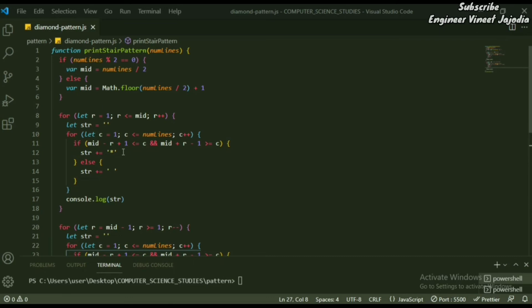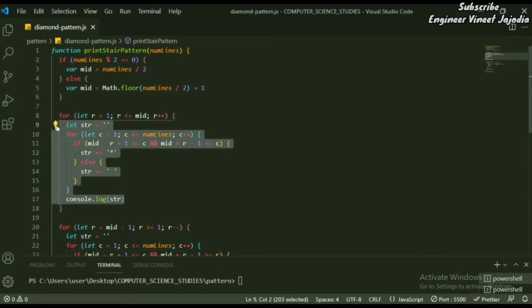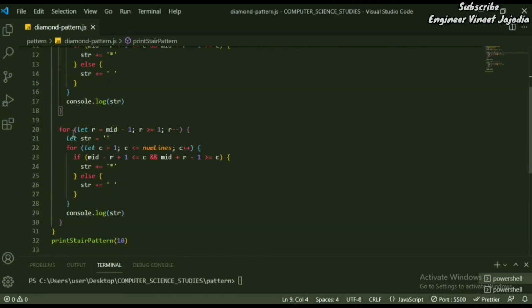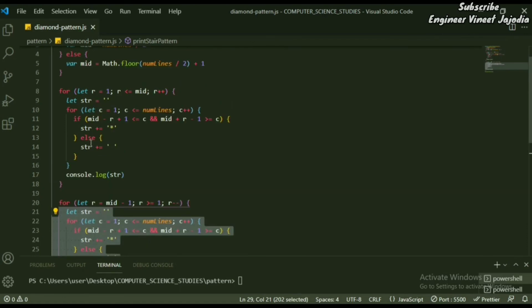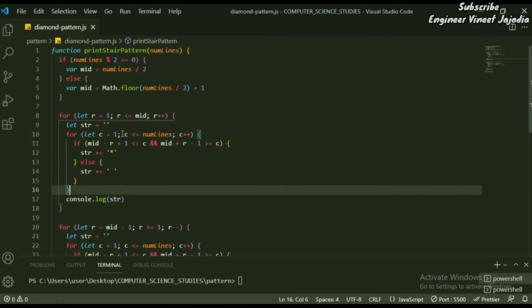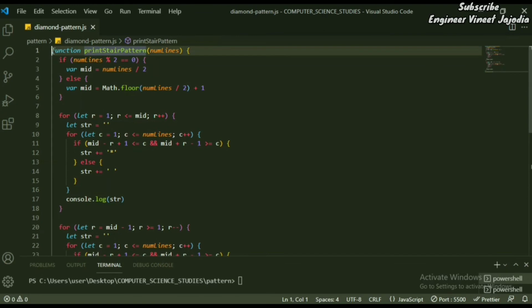Right now our code is running fine. We have seen the outputs correctly. Now we can see that this portion of the code is repeating. Once it is written here, then it is repeating below. So we are going to remove these and write a function for it, which will perform the same work as this code: setting the value of the str variable and printing the value of str. So we have to go up, declare a function and define it.